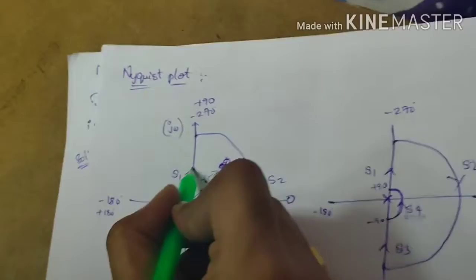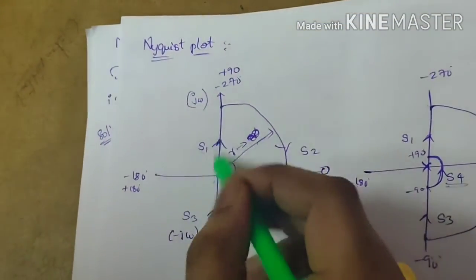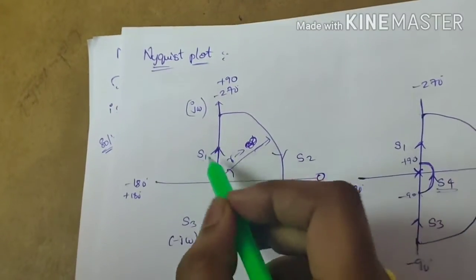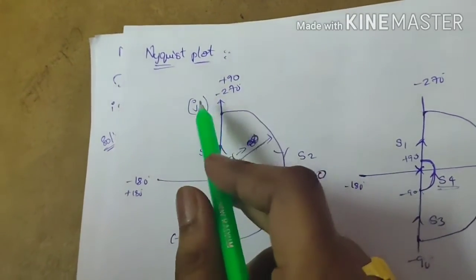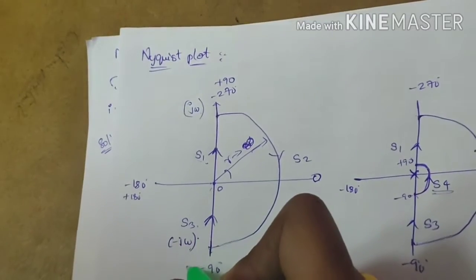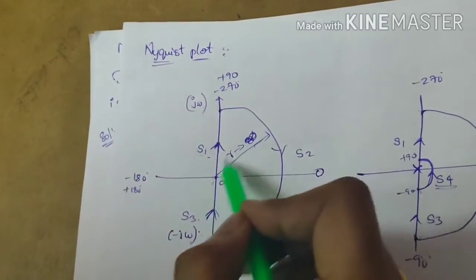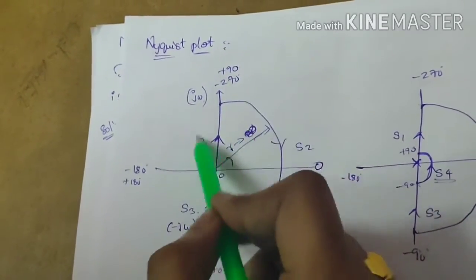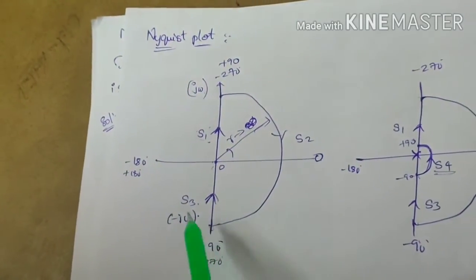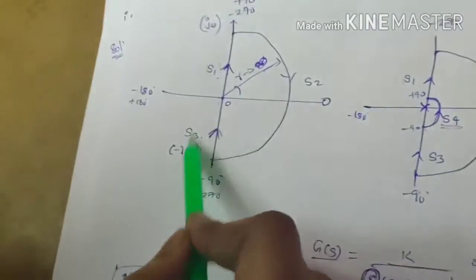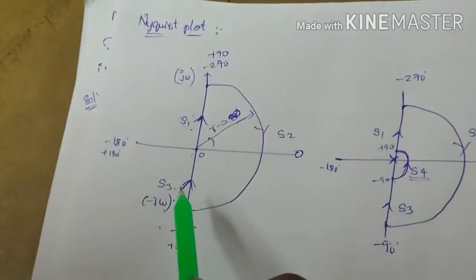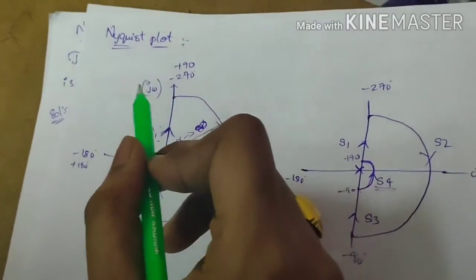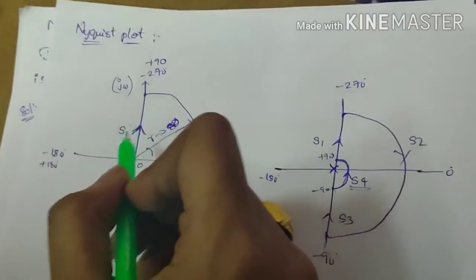And if you observe S1 and S3, S1 is the positive imaginary axis, S3 is the negative imaginary axis. So I can say if S1 is equal to j omega, S3 will become minus j omega. So basically for S1, just substitute S equal to j omega, you will get the S1 value. How to find the S3 value? Just substitute S equal to minus j omega, you will get the S3 value. Okay, so S1 equal to j omega is nothing but the basic introduction of polar plot, which we already discussed.